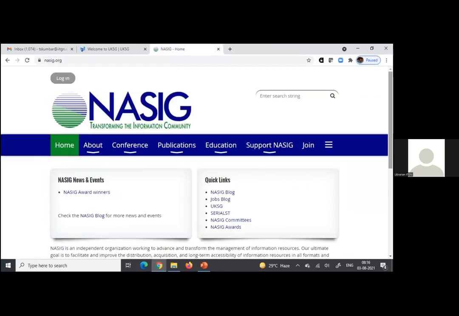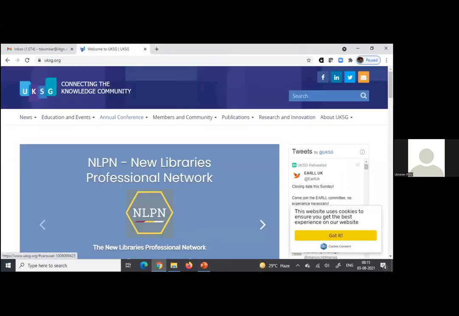And as I said, NASIG is one of the important bodies, and they have come up with competencies. And UKSG is another one, and they have an open access journal called Insights. They publish a good number of articles, and they're freely accessible. So that's something to look at.